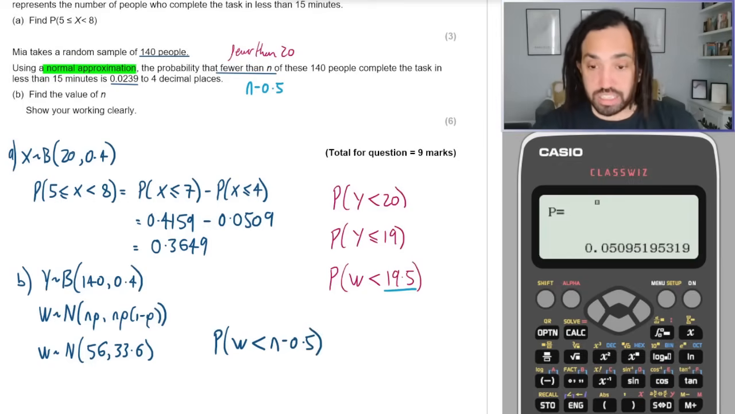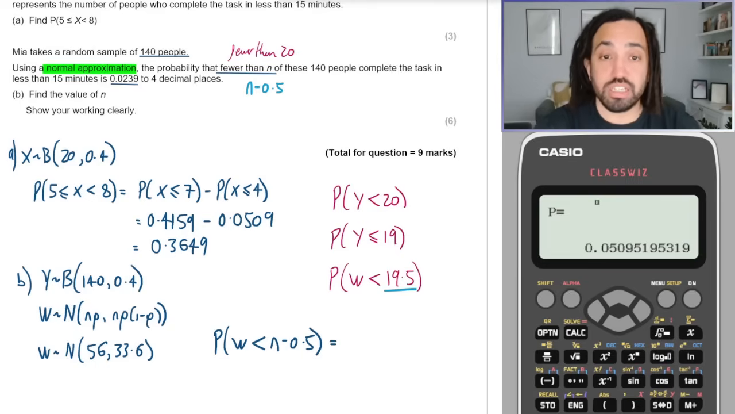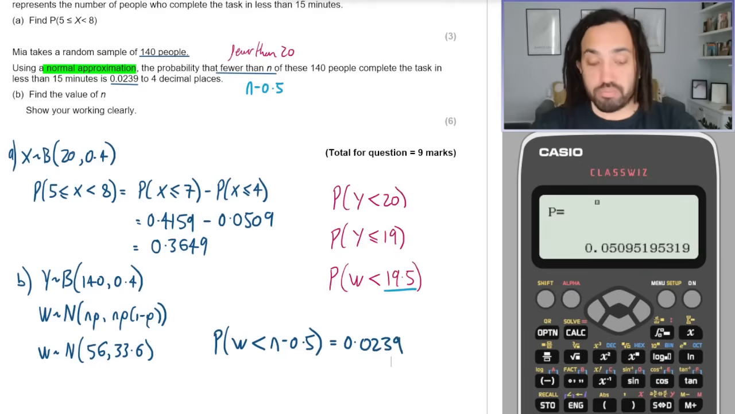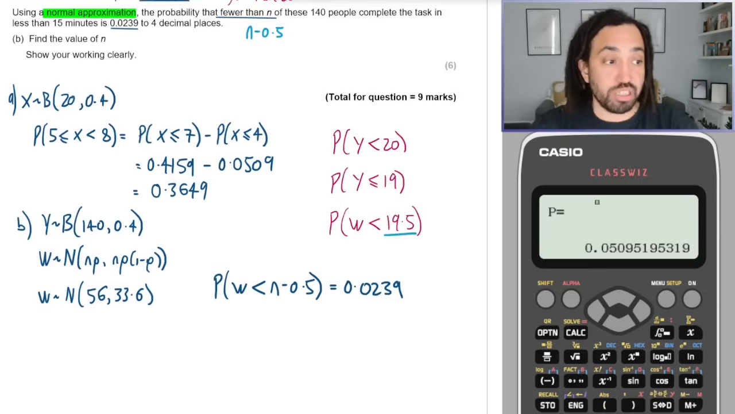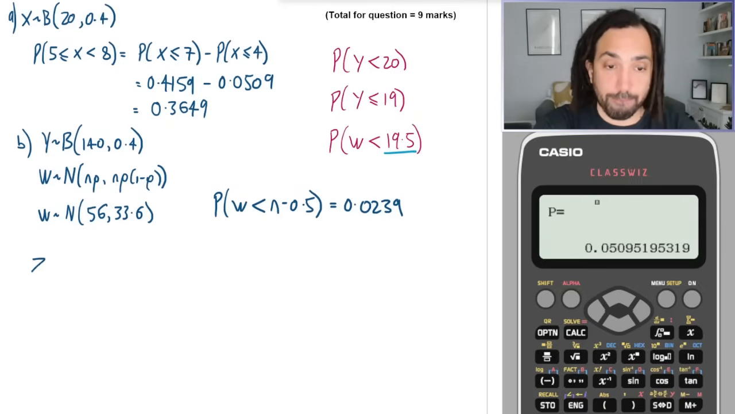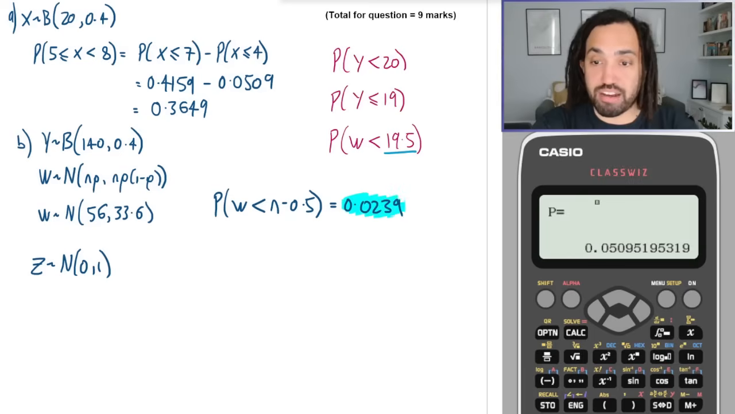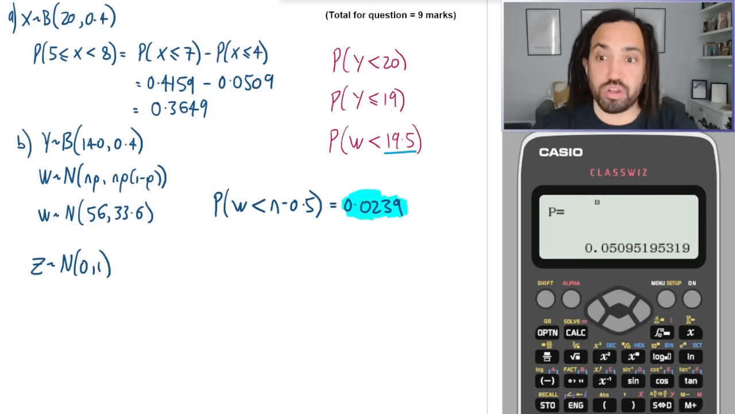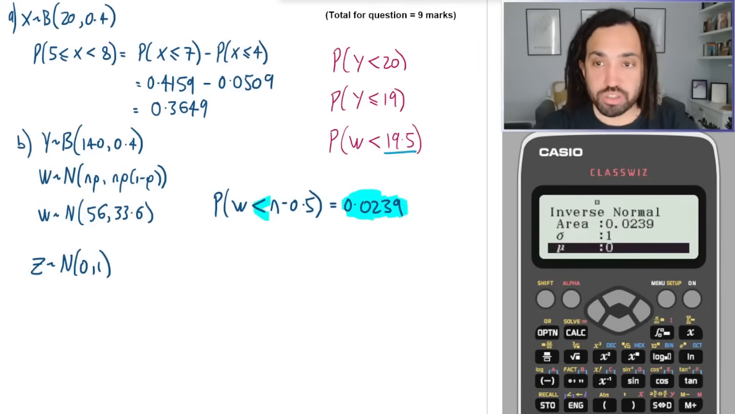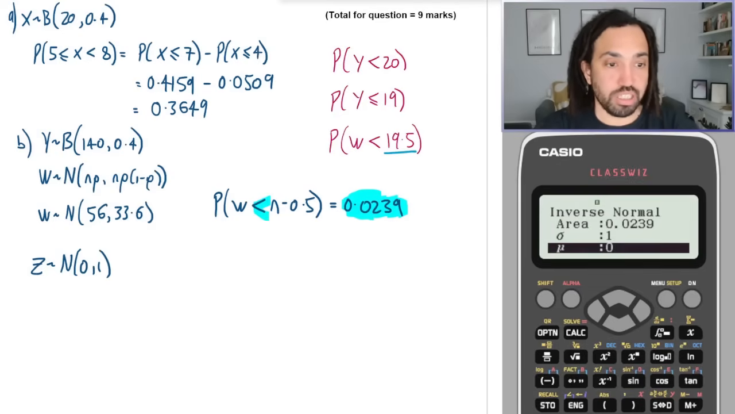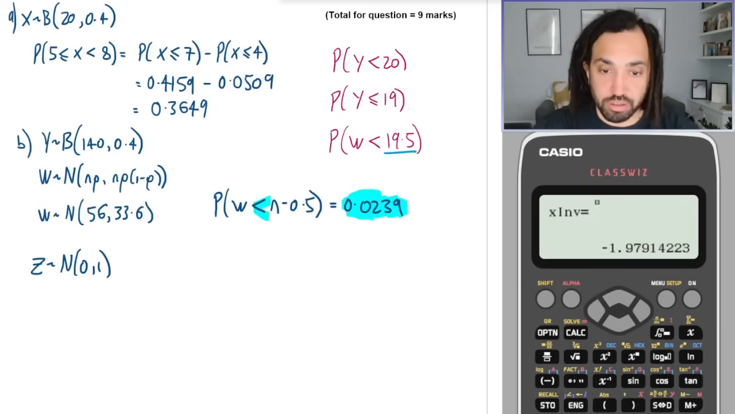Okay, right, so what to do next? Oh, we're told that probability, aren't we? We're literally told it. It's 0.0239. Lovely. So what we're going to need to do is a z distribution. So that's 0, 1. And we're going to need to find the z value which represents the area of 0.0239 in the lower tail. Okay, so here we are, inverse normal and the z distribution. So if I click equals on this, okay, that'll give me a z value of